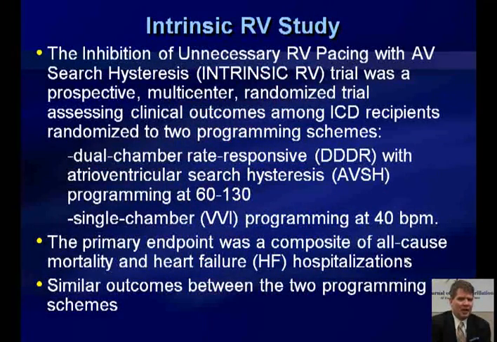failure. So some background on the INTRINSIC RV study. This is the inhibition of unnecessary RV pacing with AV search hysteresis. It was a multi-center randomized trial in patients that received an ICD. And they were randomized either to dual chamber rate responsiveness or an atrial ventricular search hysteresis program from 30 to 130, or a single chamber pacemaker program, essentially to minimize any pacing at all at 40 beats per minute. The primary endpoint was a composite of all-cause mortality and heart failure hospitalization, and ultimately the outcomes suggested similar outcomes between